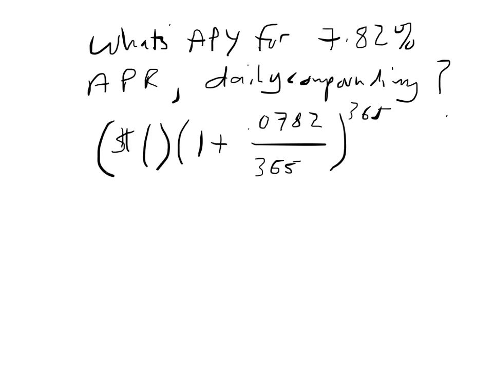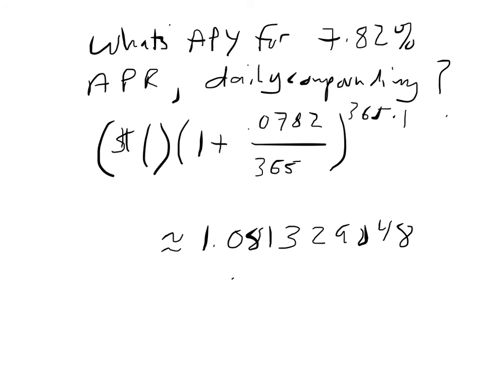So $1 times 1 plus 0.0782 over 365, raised to 365 times 1 year, or 365. So taking a calculator, getting a decimal approximation, I get 1.0813. So my dollar at the end of 1 year with 7.82% APR, compounding daily, yields me $1.0813,